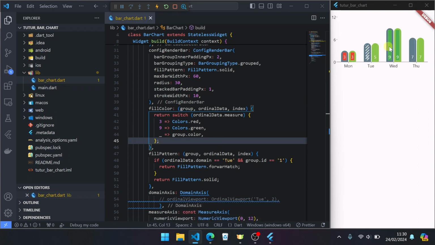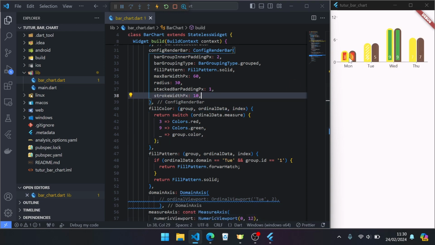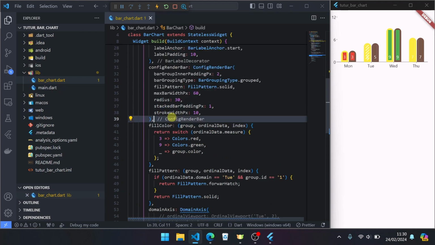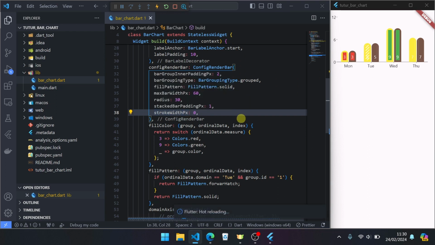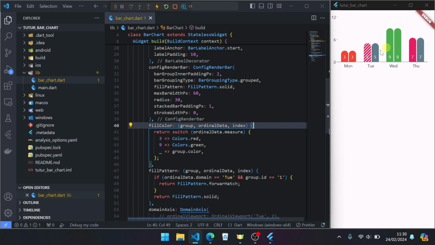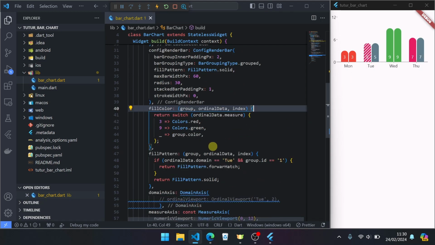Red, then green. But for color, this works only for fill, not border. For border, we can set, go back to default, stroke width. The default is 0. Okay, red and green.